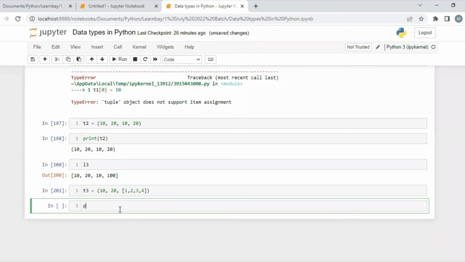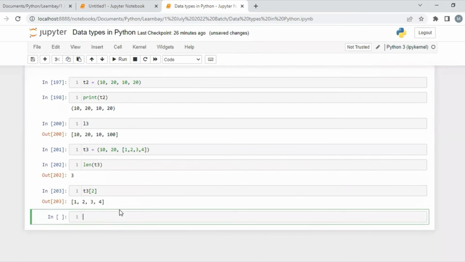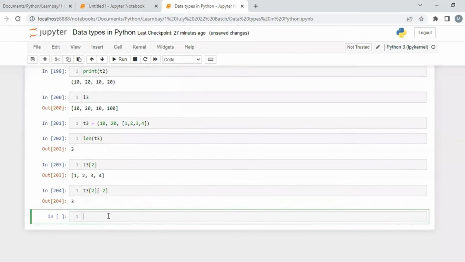So if I do, let's say, what is the len first of all? Len of T3 is 3. If I want to fetch the list, -1 or 2, anything. If you want to fetch 3, -2 or 2, both are same. Let's use -2, whatever. Now, my question is,